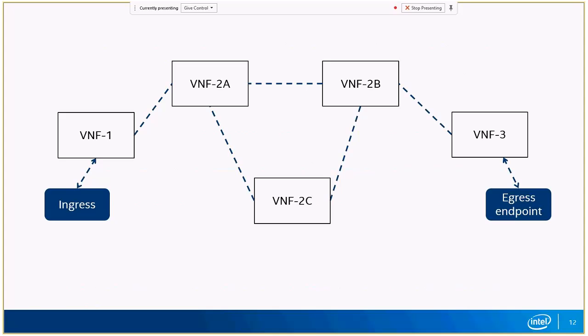So this is just a very simplified example of what could be a virtual network function chain, right? You've got packets coming in, they're getting processed through a series of virtual network functions, and they're getting sent out. This is a simplified example of a virtual network function chain. So if you want to realize that,